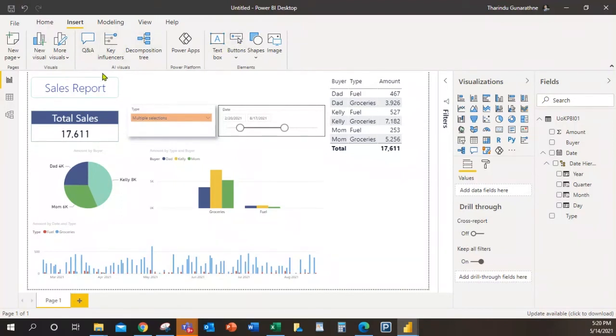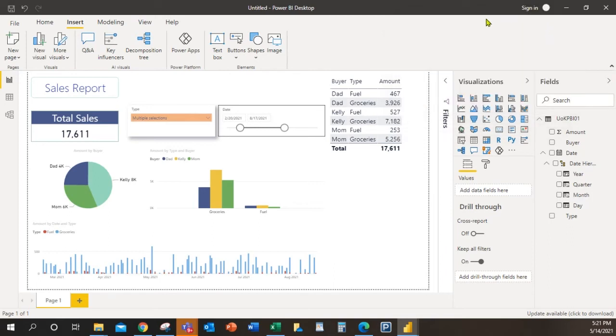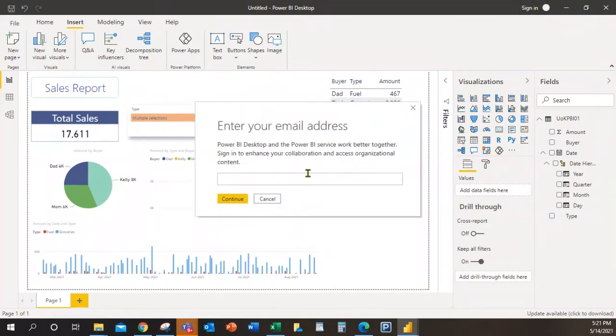Here I will explain. We have some features like keywords, and there are some advanced features. But before that, this is the basics of Power BI. Before publishing this dashboard, you need to log in. You need to have a Microsoft account to publish this dashboard. So I'm using my account. Let me log in again. In your Power BI, there's a sign in button. By pressing it, in this input box you can type your email address, which is related to your Microsoft account.